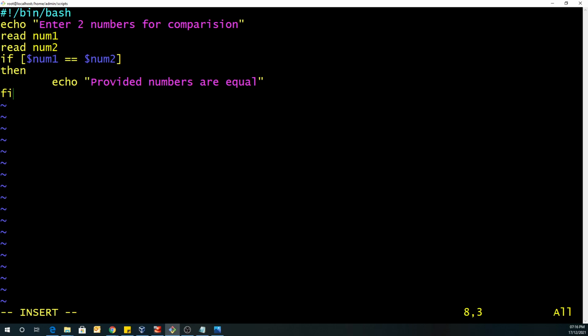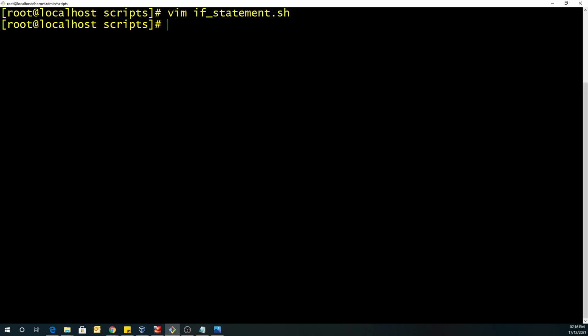Now before writing the shell script, I told you that the if statement indentation is very important. So now I have made a mistake which will show you the criticality of this indentation. I'm sure this is going to throw an error. So let's see in real time what exactly these errors are.